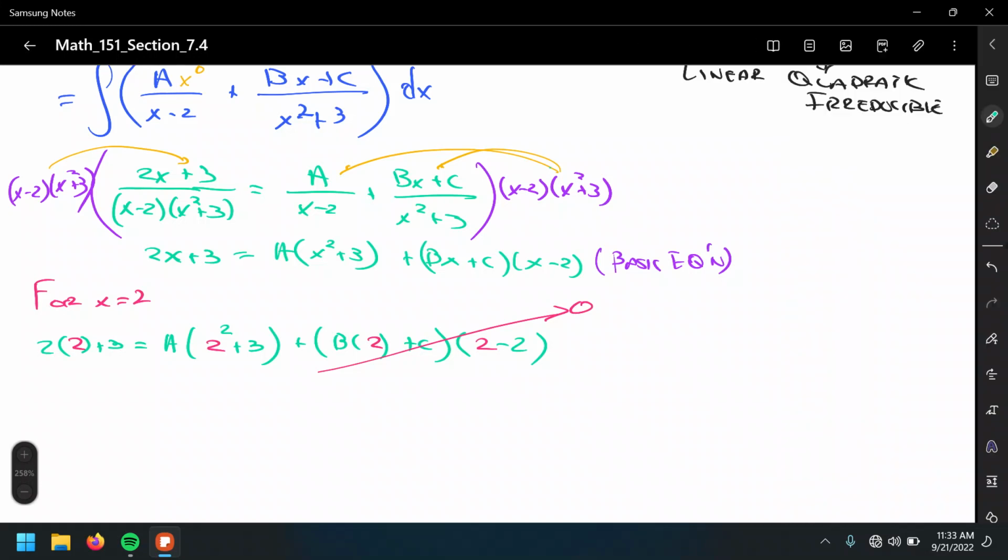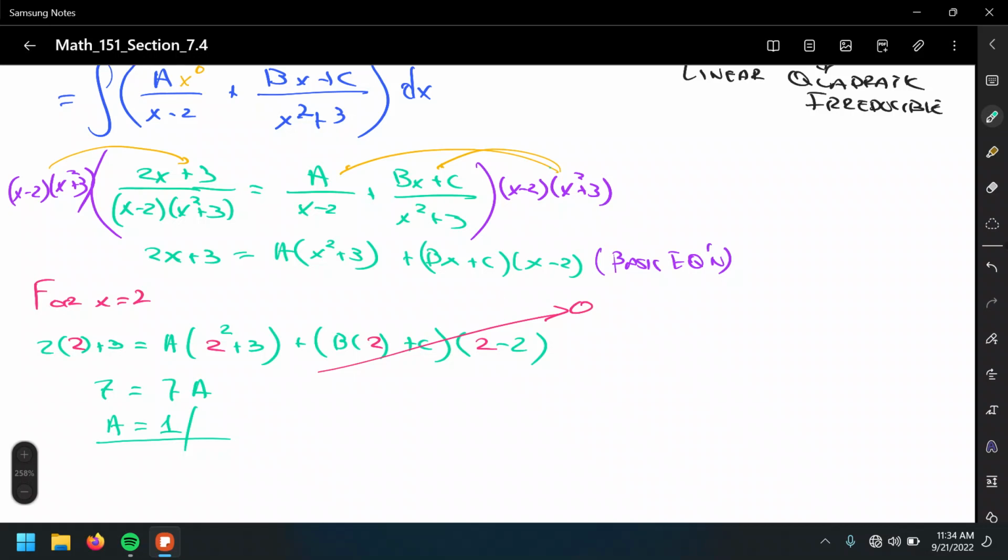Okay. 2 times 2 equals 4 plus 3, that equals 7. And 2 squared, which equals 4 plus 3, that's also 7, that means 7a. Everything else got zeroed out, that means a equals 1. Alright? So far so good? Yeah. So this one worked really, really nicely. However,